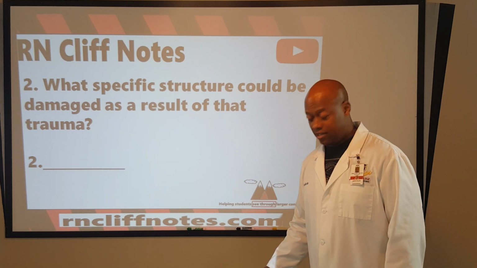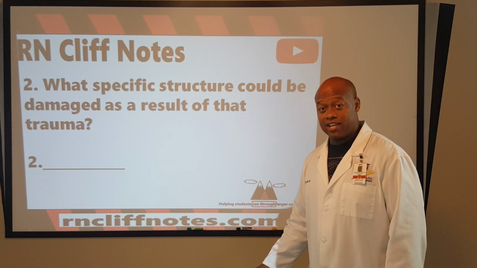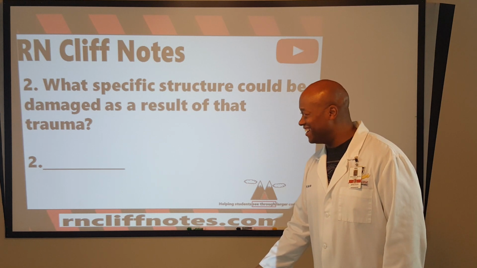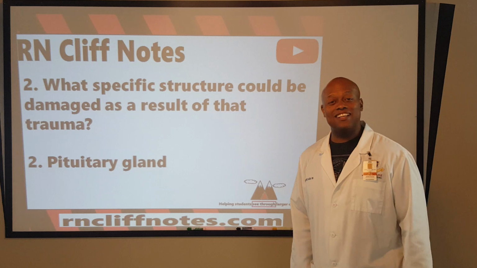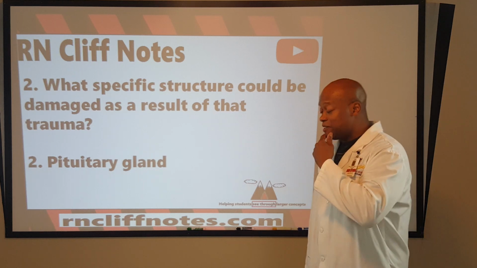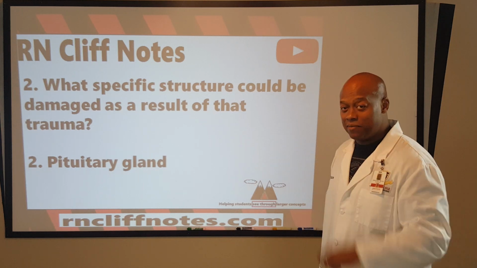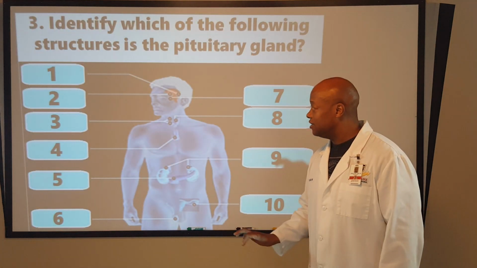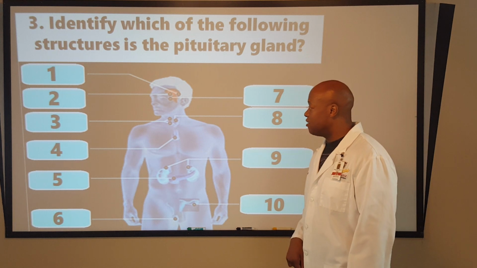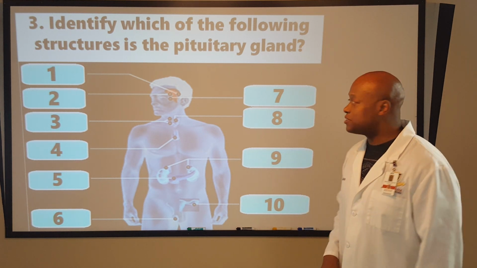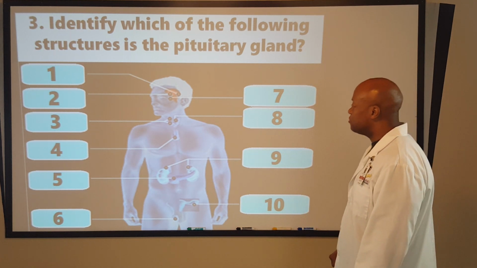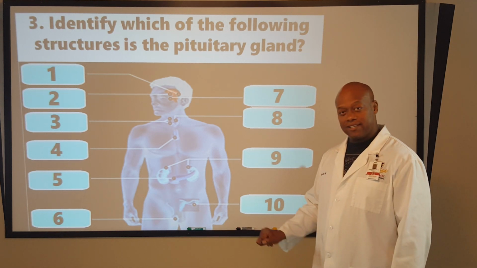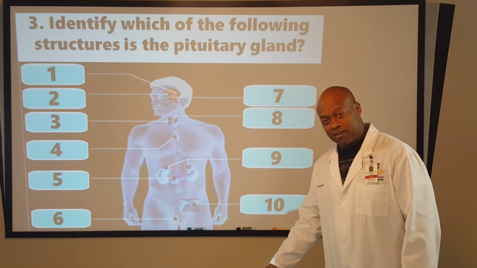All right. Now, what specific structure could be damaged as a result of that trauma? And you should say, well, not just say, isn't that right? Writing it down? You better be. Okay. Yeah. Pituitary gland. Absolutely. The pituitary gland. But I'm not done with it yet. Because we want to learn it all. There it is. Where is that thing at? Where's the pituitary gland? Which one of the structures? And you should have picked number